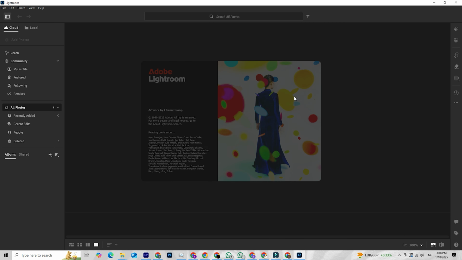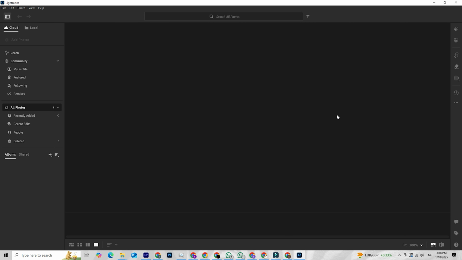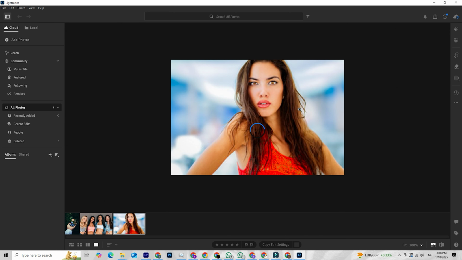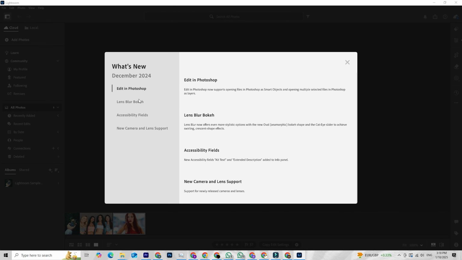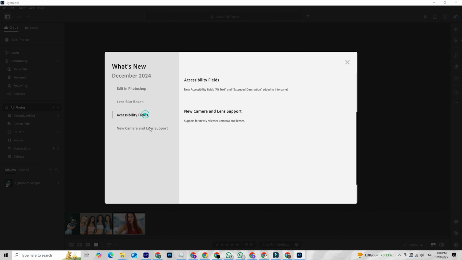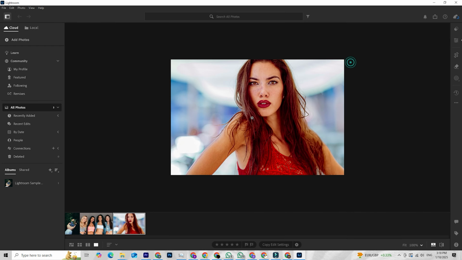Today we're diving into how you can get your hands on Adobe Lightroom for free on your PC or Mac. Now, I know what you're thinking. Adobe Lightroom is expensive, but don't worry, there's a way to try it out without spending a dime. We're going to walk through the steps to get your free trial set up so you can start editing your